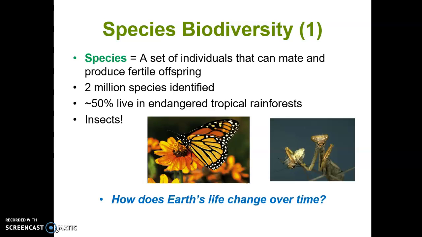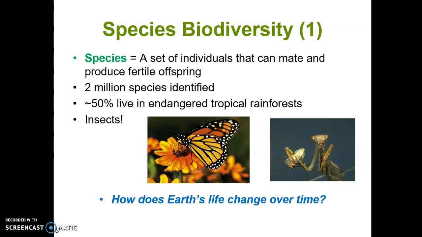So 2 million species have been identified worldwide, 50% of those living in endangered tropical rainforest. And it's thought there are actually probably closer to 10 million species. So another 8 million that maybe haven't been identified as yet, and risk never being identified. An important category of species are the insects, and they're important for a number of reasons, but one of those, as you might understand already, is